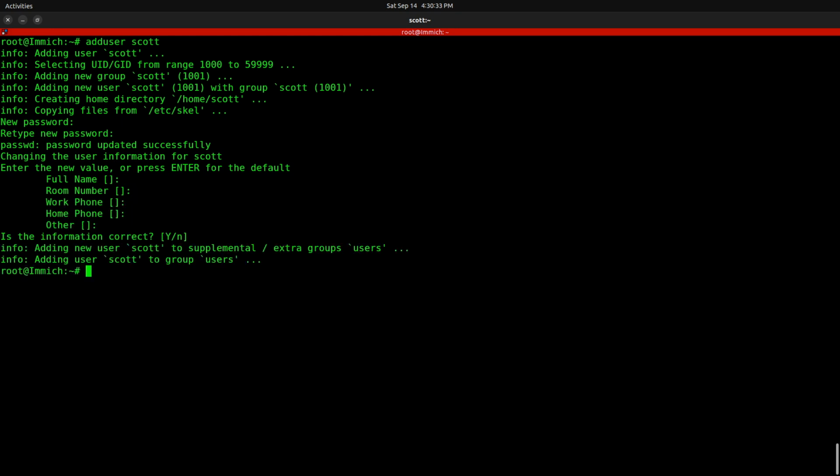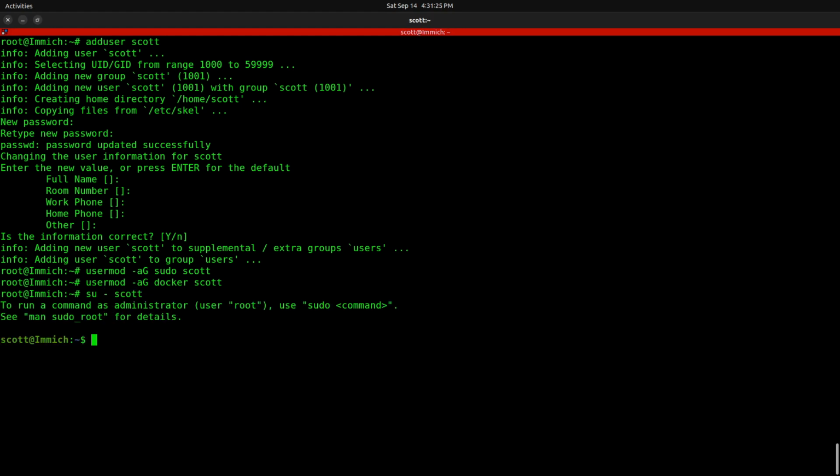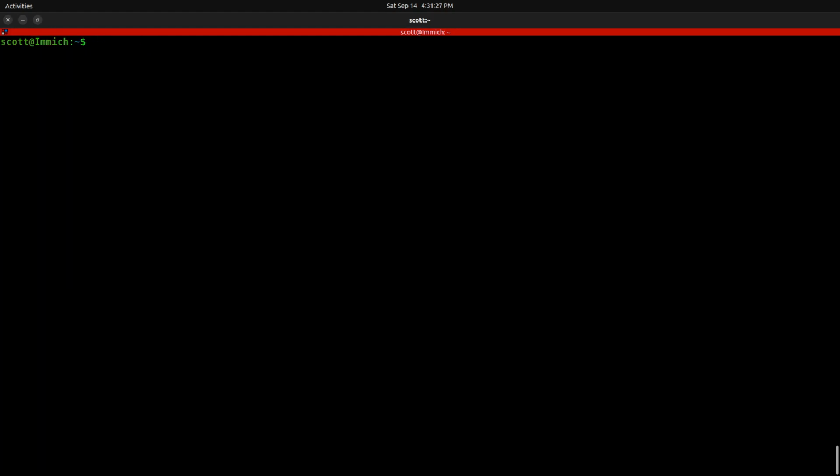And then I'm going to put Scott in the sudo group with usermod -a capital G sudo Scott. And we also want to put Scott in the Docker group with usermod -a capital G docker Scott. We're going to su over to the Scott account with su - Scott. I'll go ahead and clear the screen, and I'll do a mkdir on